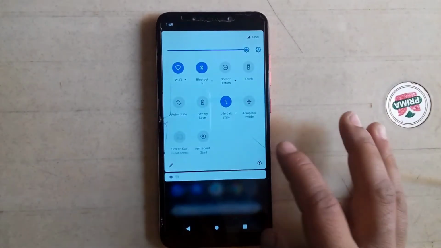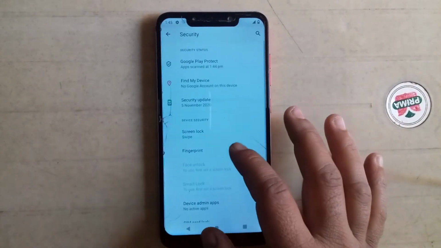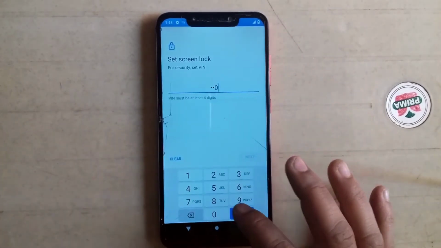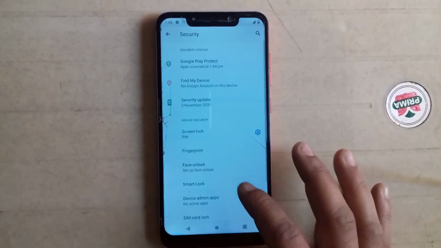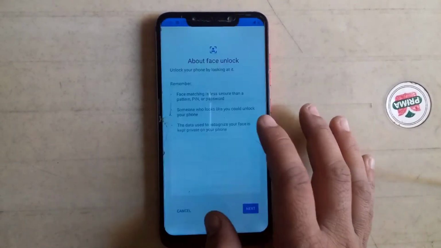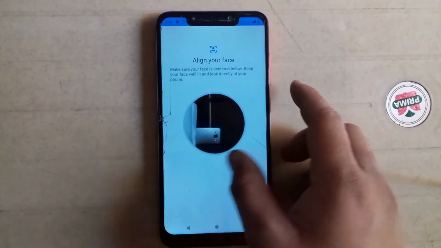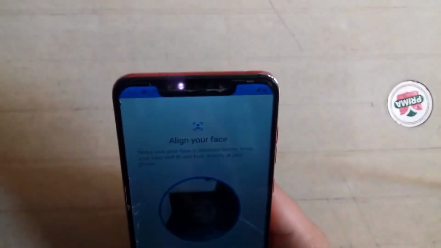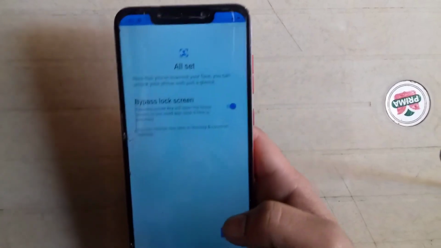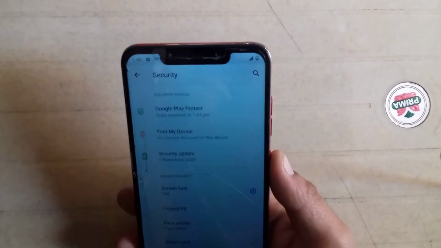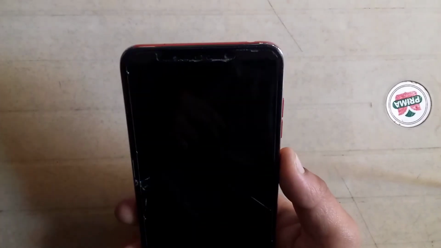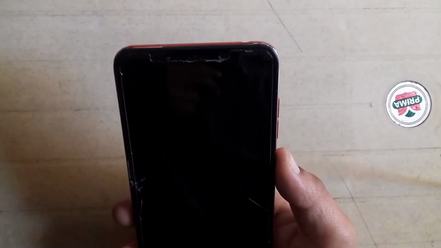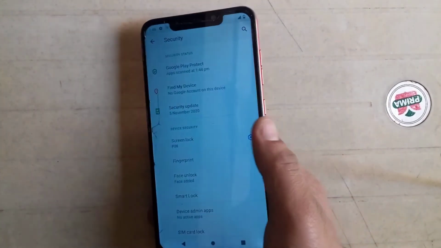Guys, this ROM also supports face unlock, and here I'm gonna show you how it works. Now my face is added. Let's check. So guys, as you can see, it works much better than other custom ROMs.